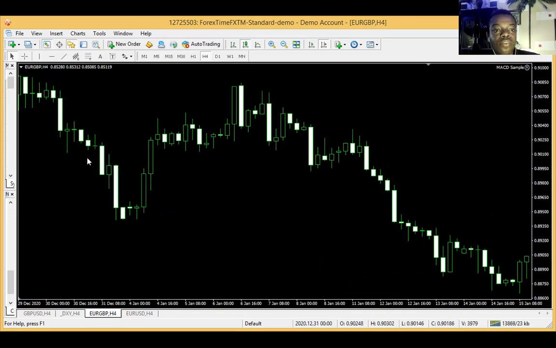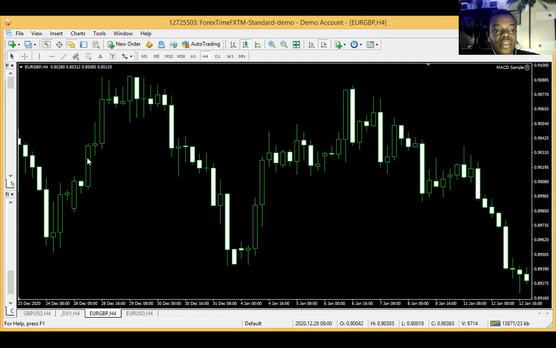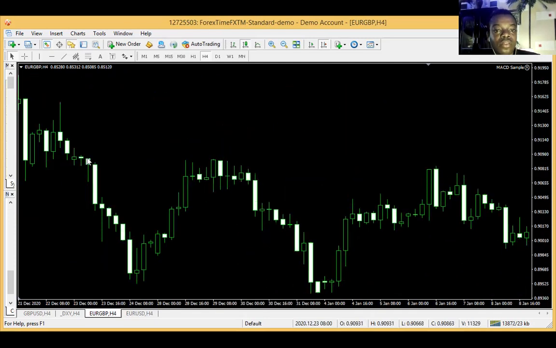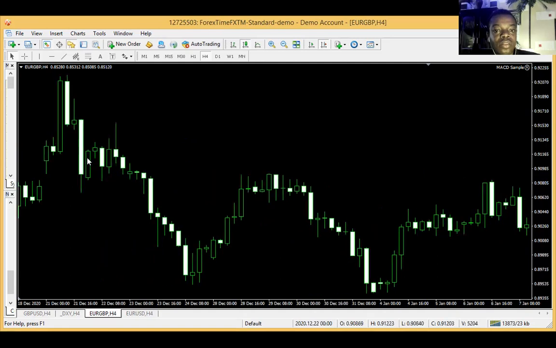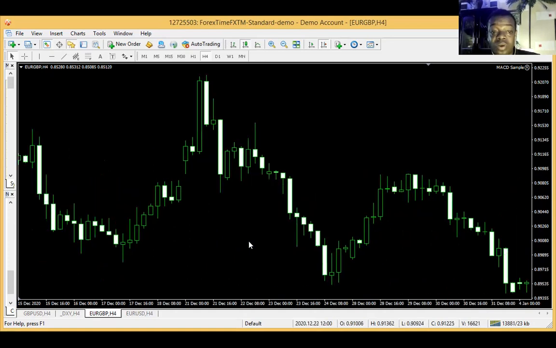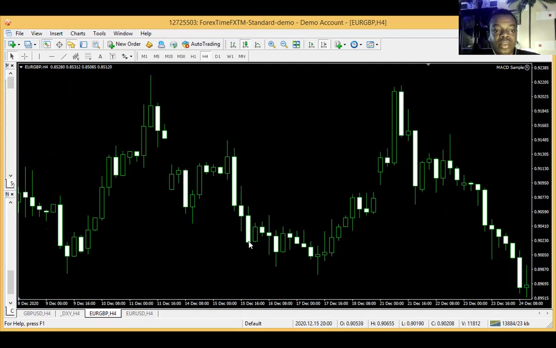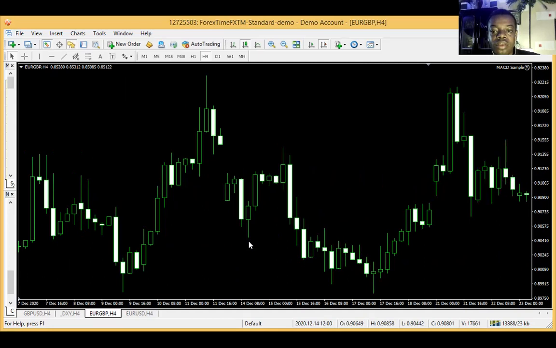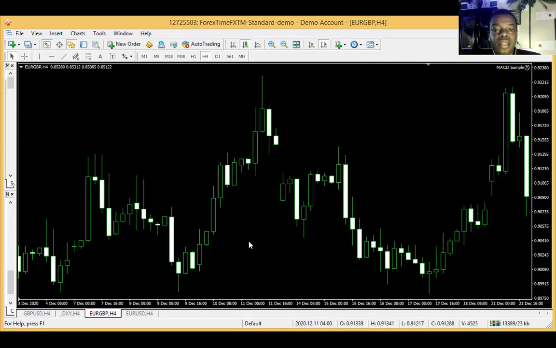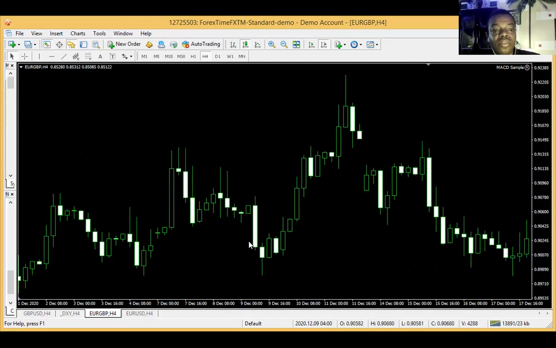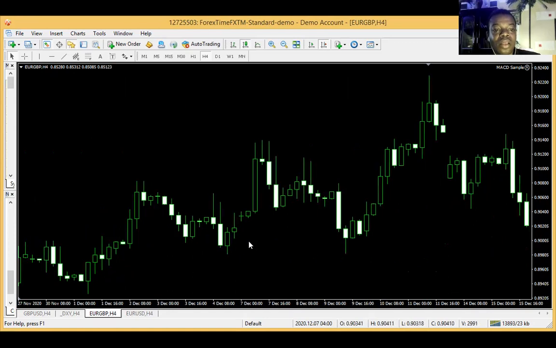When you see a tweezer, you can easily identify it. So this is a tweezer, this is a tweezer. This is another one again. Are you seeing this one again? This is a tweezer top. We mostly see tweezer tops. It depends on the currency you are trading. There are some currencies where you always see tweezers, and it depends on